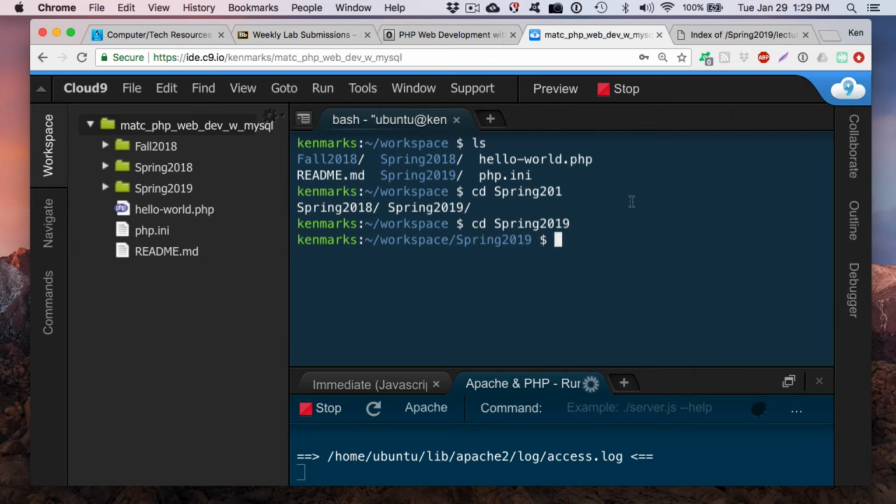And if there's any doubt where I'm at, how do I get the full, complete working directory? Does anybody remember that one? pwd for print working directory. That gives me all the way up to the absolute path. Absolute paths are denoted with a /. Okay? Home, Ubuntu, Workspace, Spring 2019. Okay? By the way,